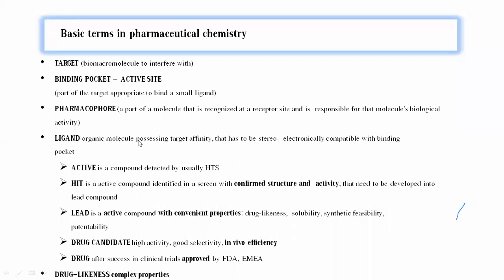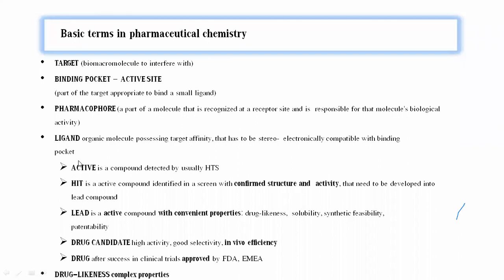It is an organic molecule possessing target affinity. So there is affinity between the target cell and the drug molecule. This ligand is going to have some type of affinity, some type of interaction, some type of bonding between the drug molecule and the target site. So that has to be very important,